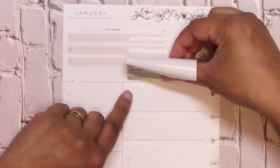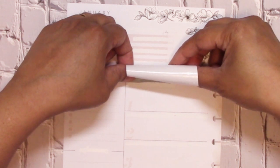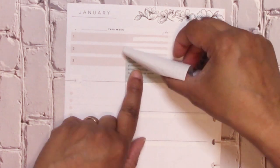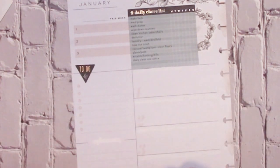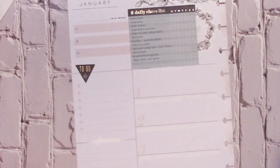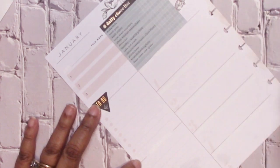We're going to cover up, so we're going to put a to-do list here because I want this to be my to-do list. So this is a running to-do list, but what I'm going to do is do every other dot here because it has dots going all the way down, and I don't think I'm going to use those. I'll wait and see, because who knows, I might be able to. So we're going to go ahead and add